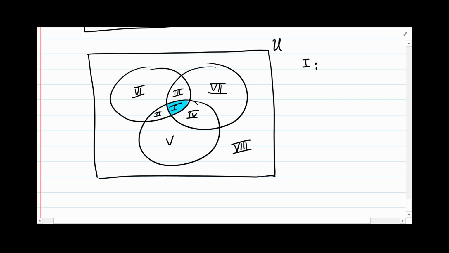region 1, am I in, well, I haven't given the sets any names yet, so A, B, and C. Am I in set A? Yes, I am. Am I in set B? Yes. Am I in set C? Yes. So I'm in set A, and I'm in set B, and I'm in set C. So it's the intersection of all 3 sets. Let's keep going. If I now go to region 2,